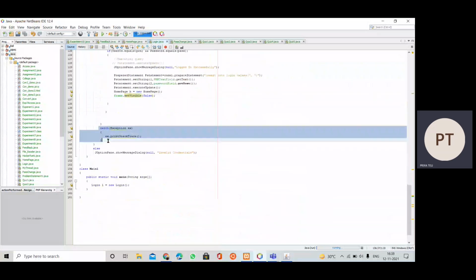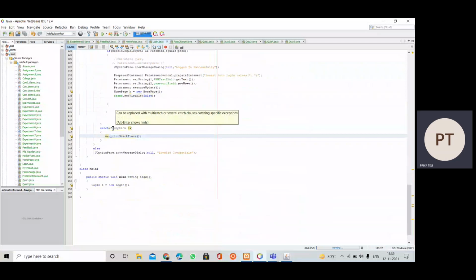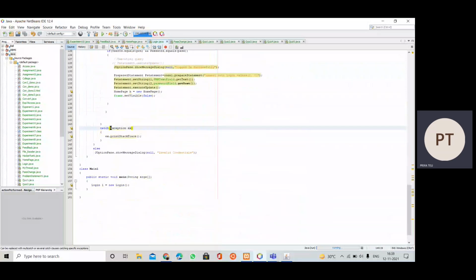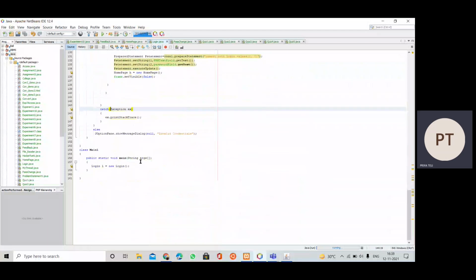Then here we have the exception handling code inside the catch block. Here we have created the exception class object, which is ex. So ex.printStackTrace. If in case any SQL exception occurs, then the info regarding that will be printed with the help of this printStackTrace method. So if we don't know which exception can occur here, then we can simply create the object of the Exception class. Else we can mention specifically SQLException. I have written here simply Exception.